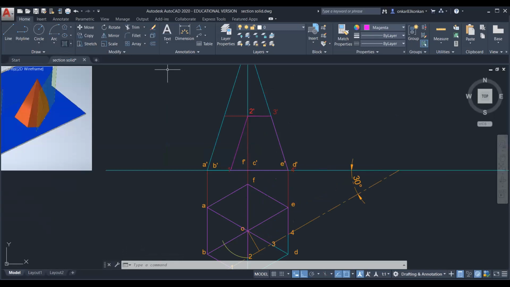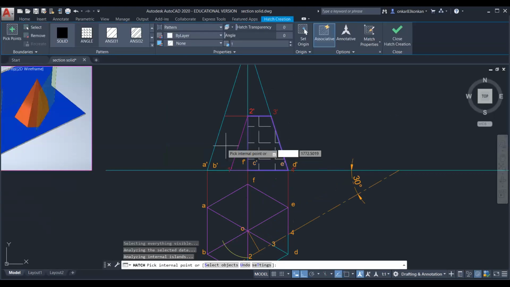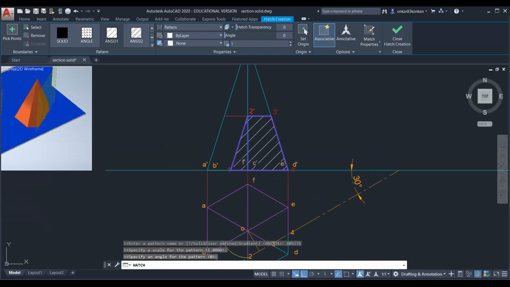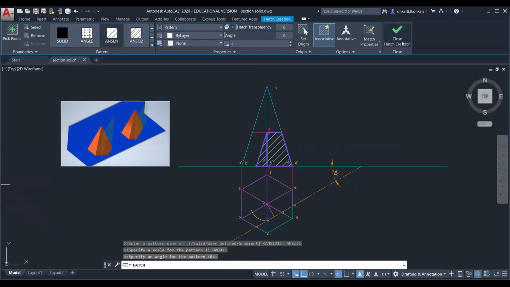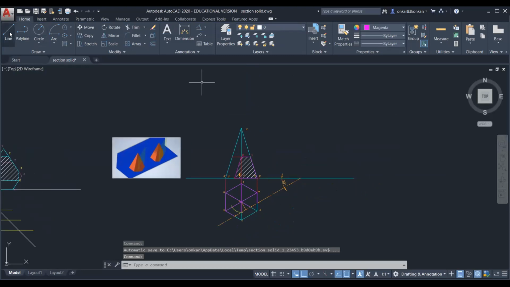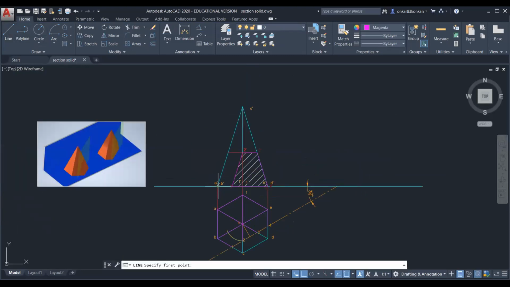So that will represent the front view of this section. And you can highlight the remaining portion. So the portion shown here by pink line, it is the actual front view by considering the section.